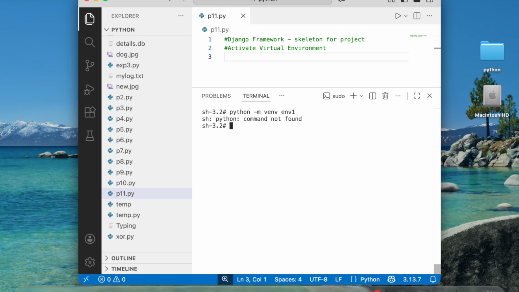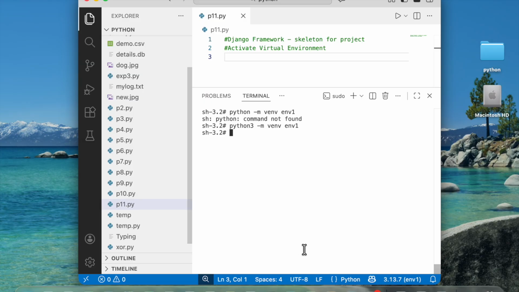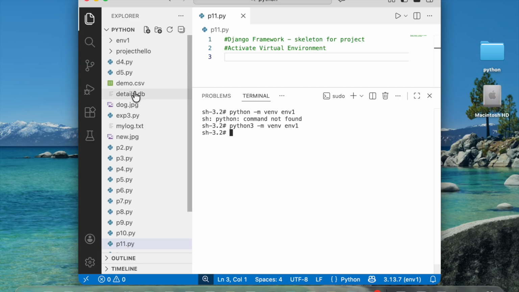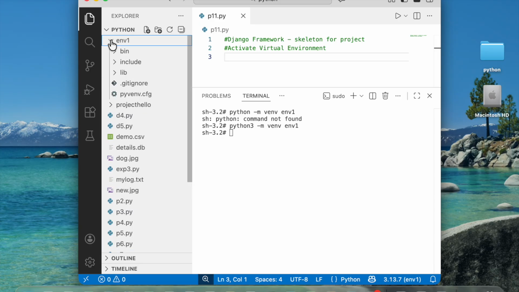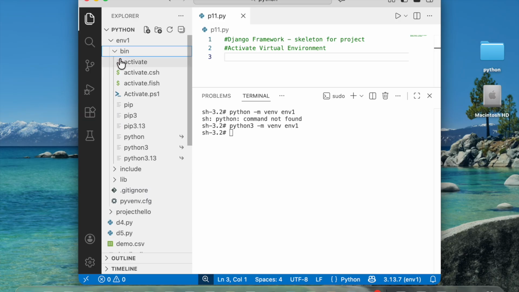Oh, sorry, it is python3. So when we create this, you can see over here that env1 has come along with the bin, which